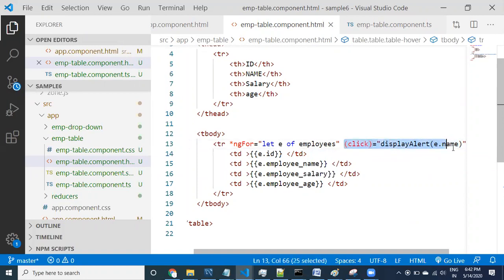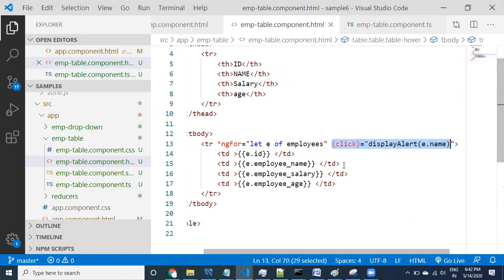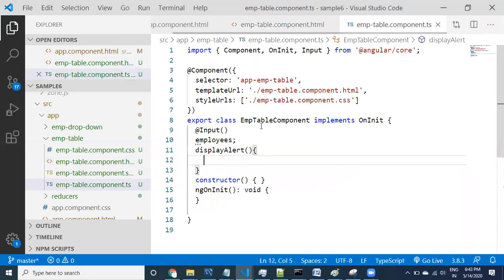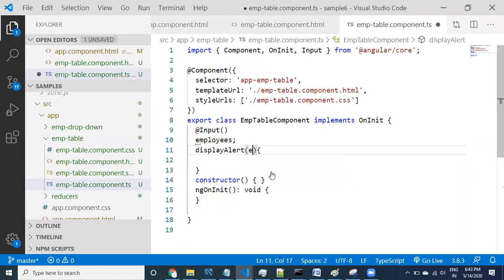See here, guys, this is going to bind for every TR because this is in the loop. Let us go to the display alert method. Here we have to receive a value. Which value? Emp name you can take. That is a string, we are going to get only the name.